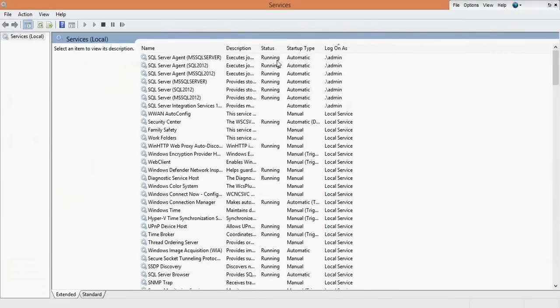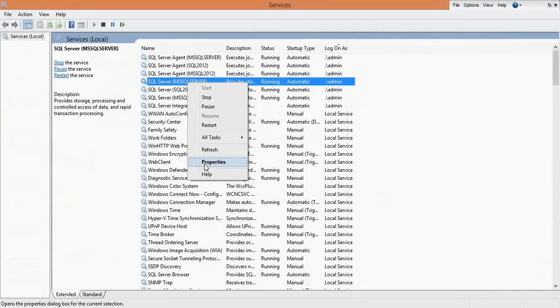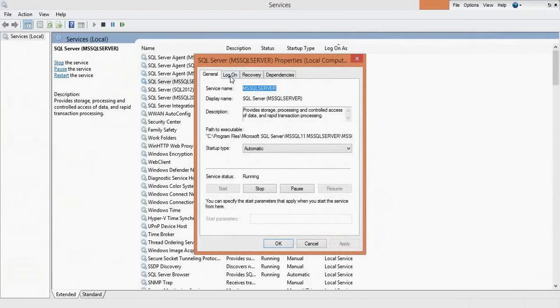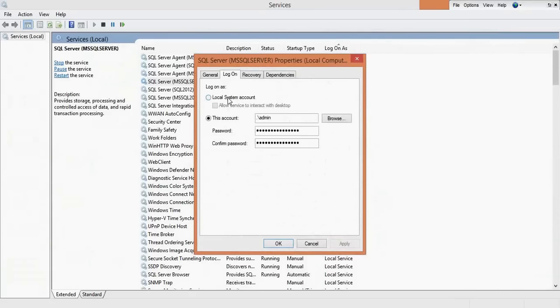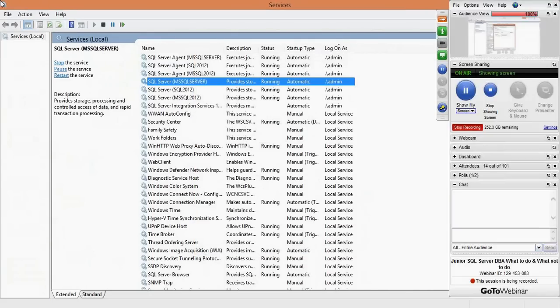If you select the startup user as a local system, only connections from the local system itself will be occupied, and SQL Server can be accessed by any other system in the local environment. And the second best thing is, after creating a startup user and starting your SQL Server with that user,